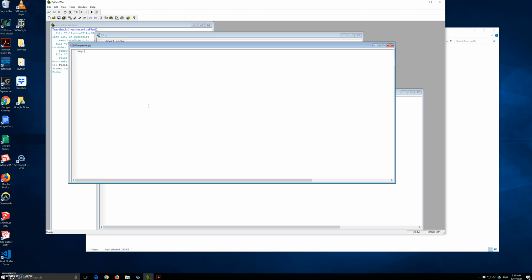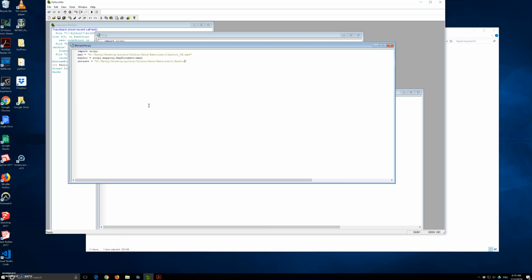Okay, I will have an import arcpy, mxd equals, it will be exercise 10 / Austin_Texas.mxd, and map doc equals arcpy.mapping.MapDocument(mxd) there, and then I have a dataset equals, and I will put the path 10 and